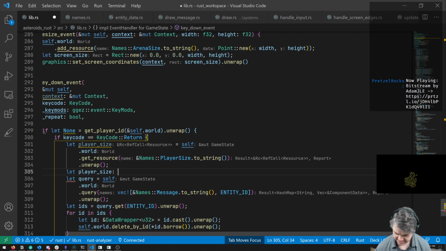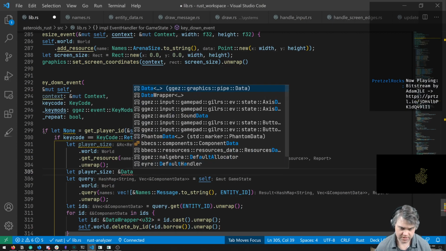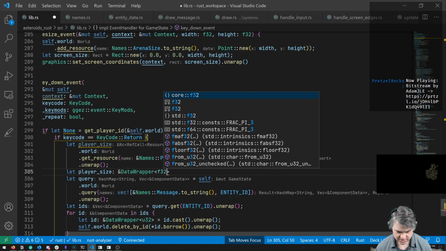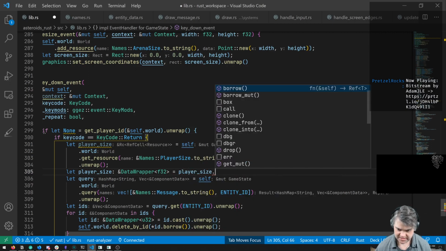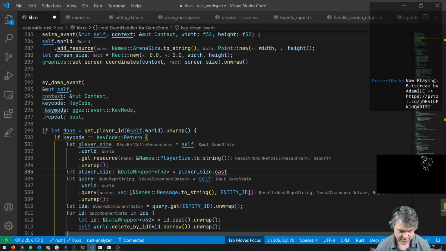It's going to be a reference to a data wrapper of an F32. It's equal to player size dot cast. Oh, we have to borrow it first and then we can cast it? I don't know if that works.